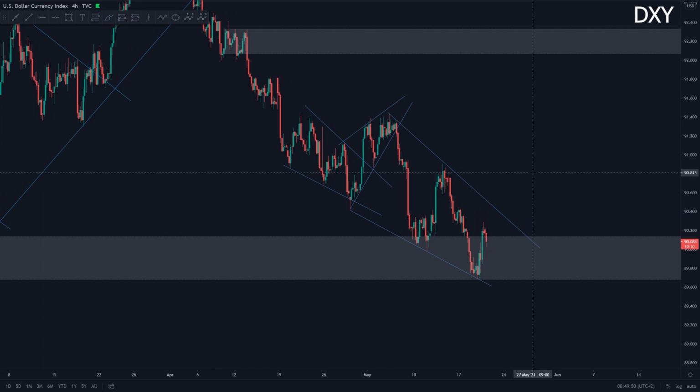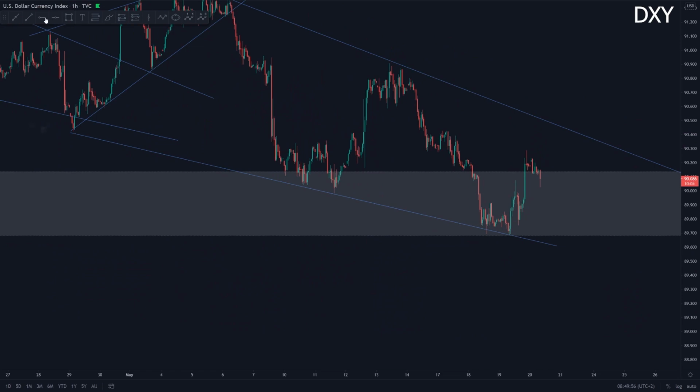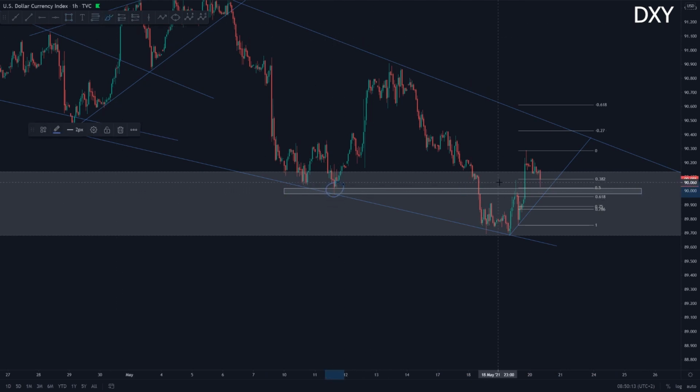of this descending wedge. So if we just quickly dive into the 1 hour time frame, what can we then see? Well, we can see that we're currently situated within this uptrend. So if I just draw in this trend line, what is next? Well, as we can see over here, if I just draw in this fib and draw in some simple support and resistance, we can then see that that first rejection over here came from this previous area of support, and now we are in an uptrend because we broke this previous area of resistance. So we created a new higher high above this high, and we are now in a 1 hour uptrend.